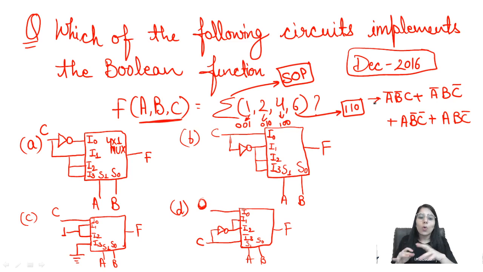Clear? Now since we need to check the correct option, which is given in the form of circuits, and the circuits are showing multiplexers, that is a 4 by 1 multiplexer. Now the point is, there are 4 inputs and 1 output, and normally 2 to the power n inputs correspond to n selection lines. Here how many selection lines are present? 2, a and b. So the number of inputs will be 2 to the power 2, which means 4, and you can see the 4 inputs we have provided.